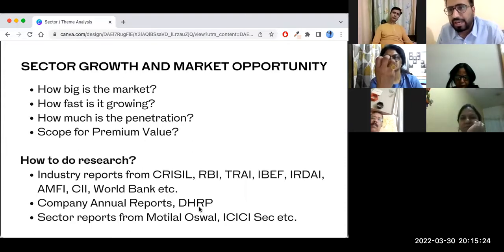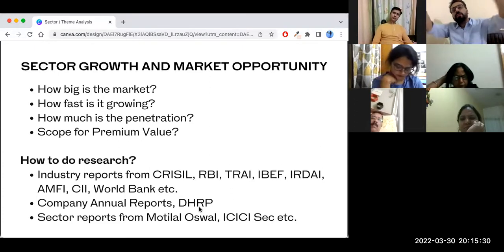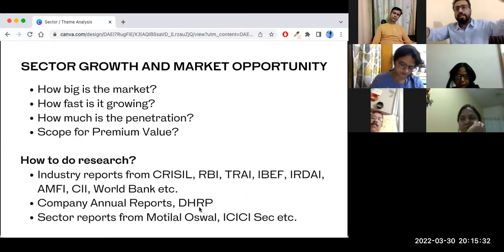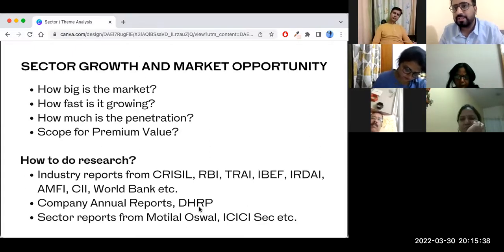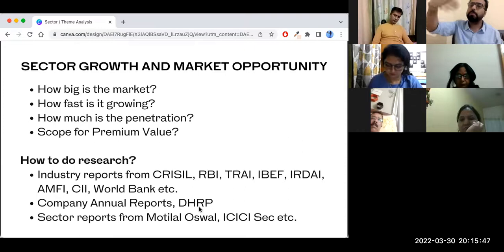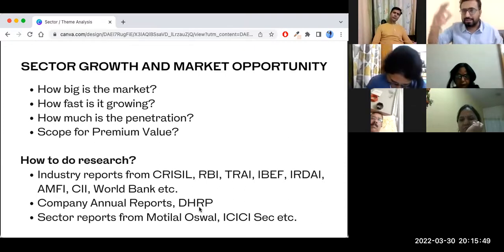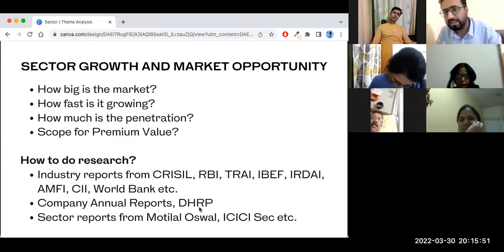For that, you decide to go public, which means you decide to raise money from many crore retail investors, right? For that, you do an IPO, initial public offering. So what you say is, I will sell, let's say, 10% of my company, or 10% shares of my company, to the retail investors, to the public, right?